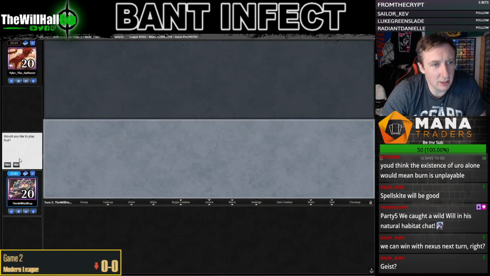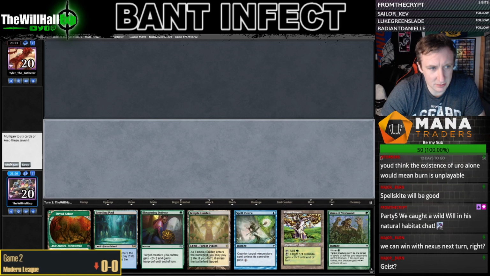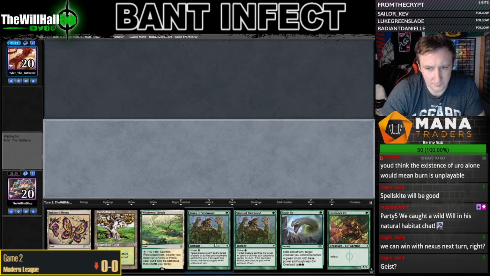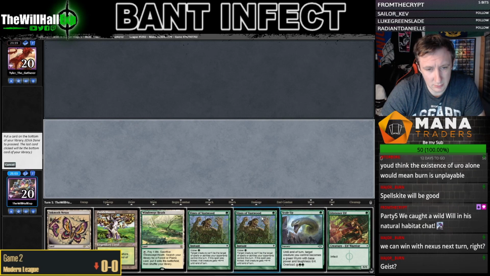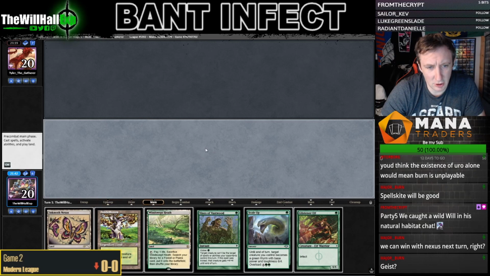Yeah, I was kind of not hoping to run into burn. I'm not going to lie to you. It's not the best. This is a mulligan. This is a keep. Put back this. So I'm going to turn 1, I'm going to throw out...